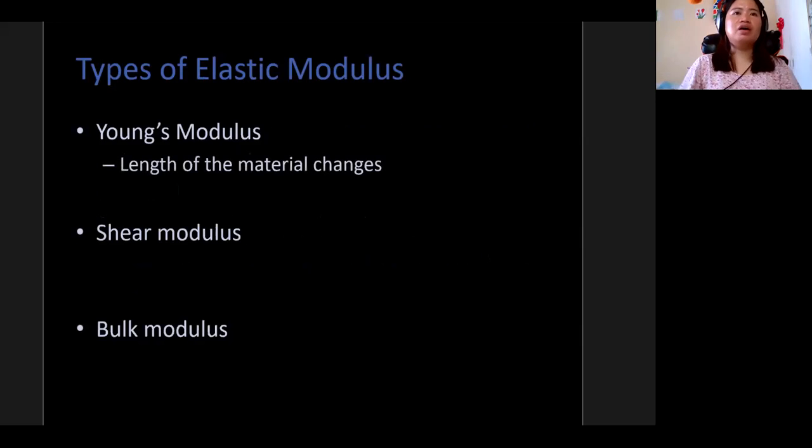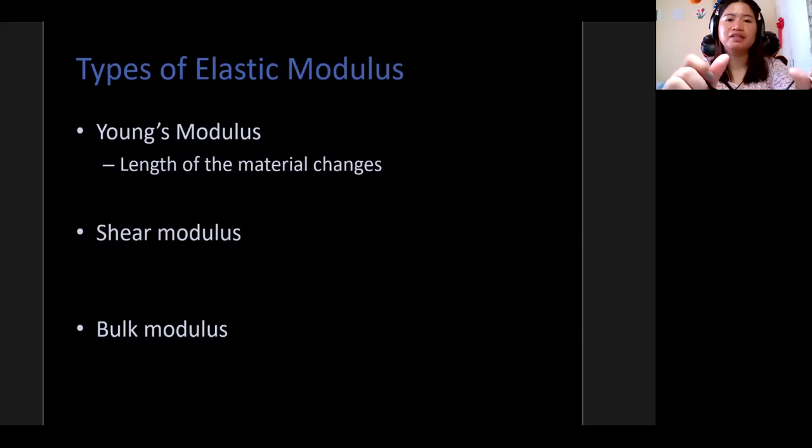So, for example, Young's modulus deals with any object that changes its length after a stress is applied. Okay, for example, is this elastic band. Okay, this is a headband. So when you stretch this one, of course, this band changes its length. All right. However, this band is elastic. Why? Because if I release it, it goes back to its original shape and size, and length. But this is still covered by Young's modulus.